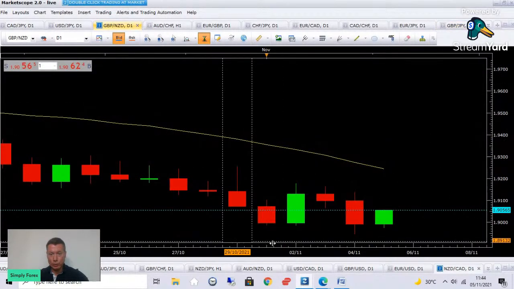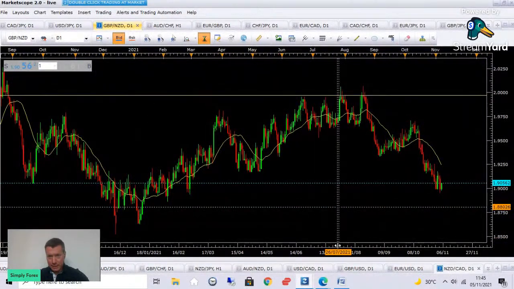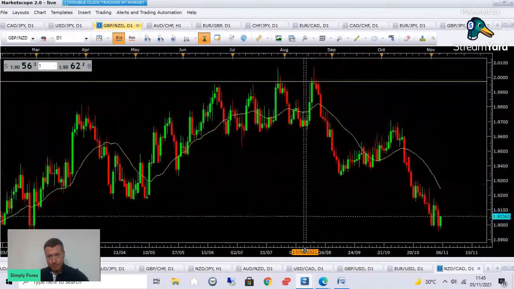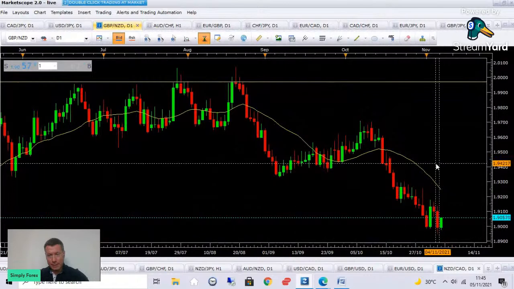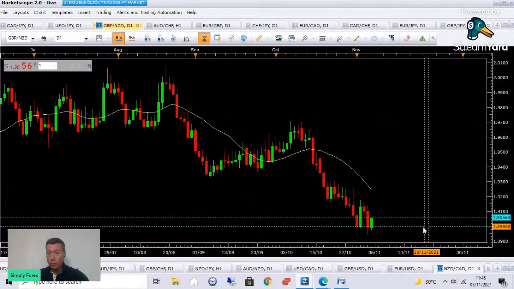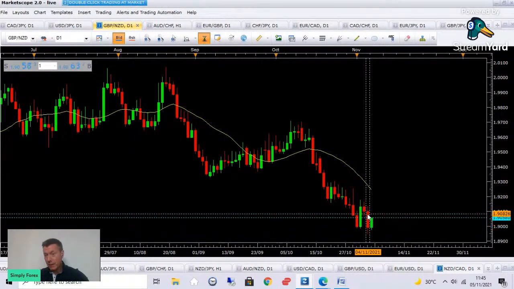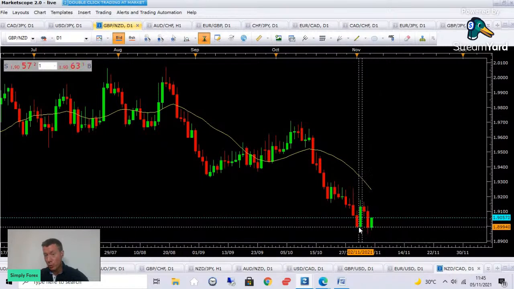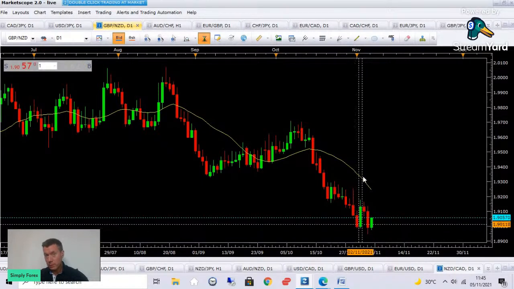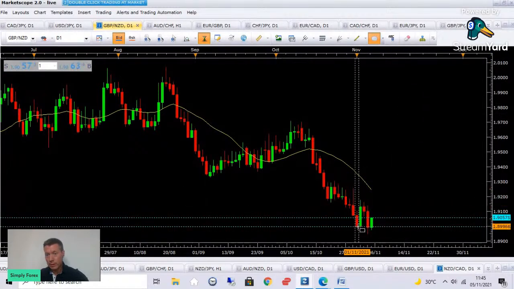GBP, so pound, New Zealand dollar. What am I seeing here? Okay, I would have taken, let me remove this price alert. I would have taken this trade shorter if this bearish candle broke this low. Oh, no, wrong button, this one. So here,